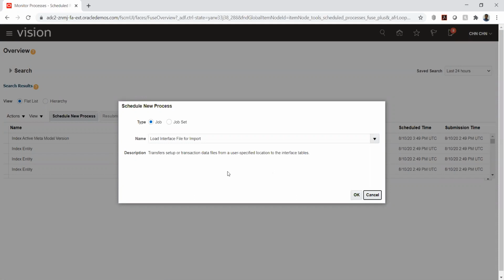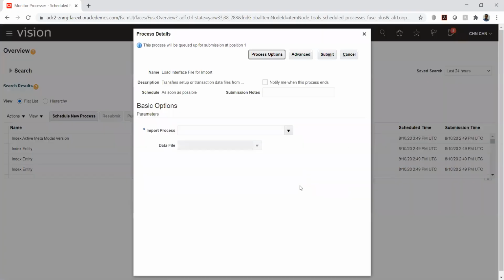The concurrent program to load this particular value is load interface file for import. This program will pick our CSV file and load it into the interface file. And we will attach an interface program, which will pick the file from the interface table and load it into the base table.